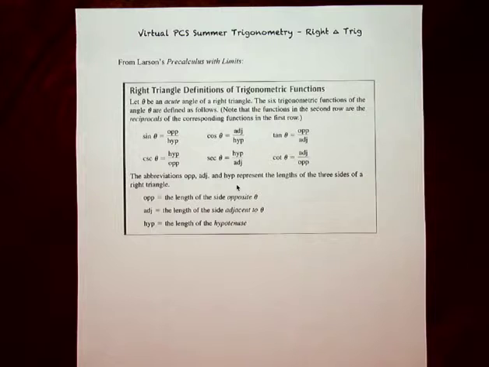This will be the first of several videos for right triangle trigonometry for day 3 of our summer trig. So far, we've gone over what I referred to as pre-trigonometry, where we talked about radians and degrees and the conversion between them, and we talked about arc length and linear speed and angular speed, and we played around with those quantities a little bit in order to gain a little bit more facility with them. And then on day 2 we moved forward